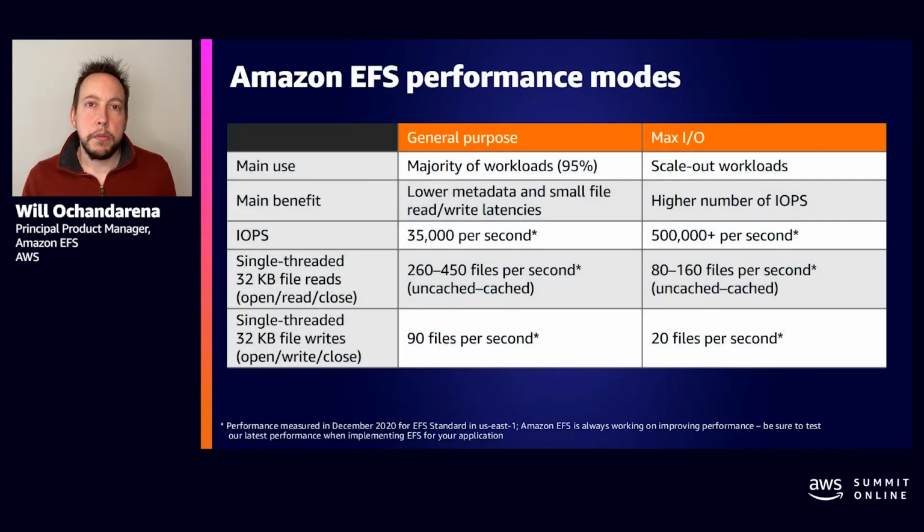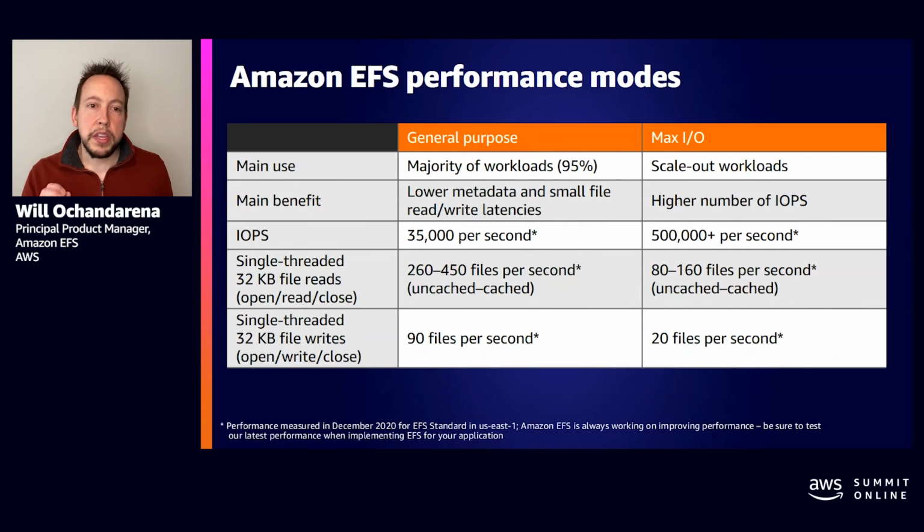So when you create a file system, you have a choice between two performance modes. There's general purpose and there's max IO. The key thing to keep in mind is for most applications, general purpose is the right choice. The reason for that is because general purpose mode file systems are optimized for latency. So anytime you're doing any operations that are latency sensitive, such as many small file operations, so unzipping a file or doing anything with Git or anything like that, you'll benefit from the lower latency of a general purpose file